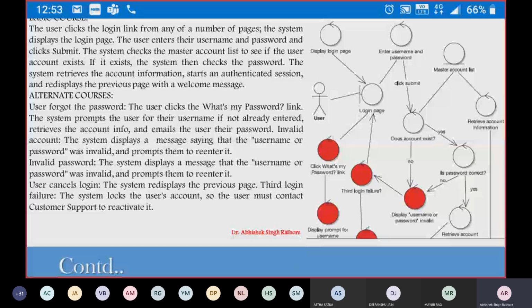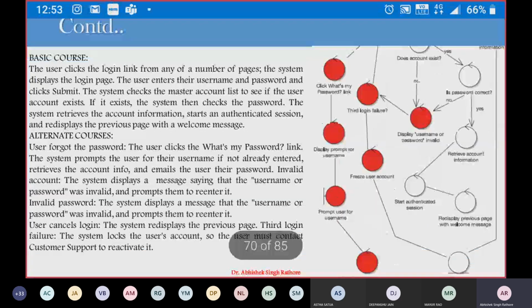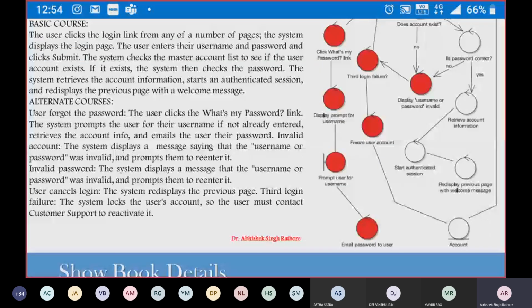So while moving to the next slide, what it can do is retrieve account information from the user and account information. We have different databases available, so we'll make this account again an entity class. We can represent our database as an entity class over here. So it retrieves information from your classes, and when it is right, then it will start your session.